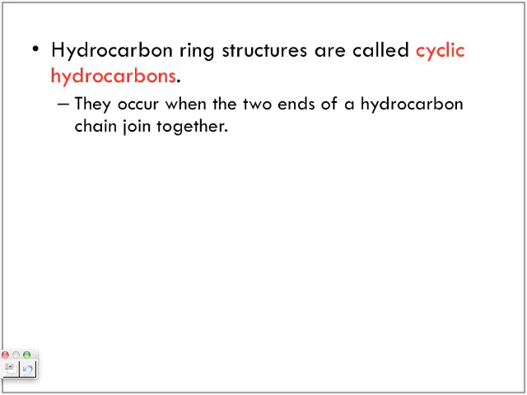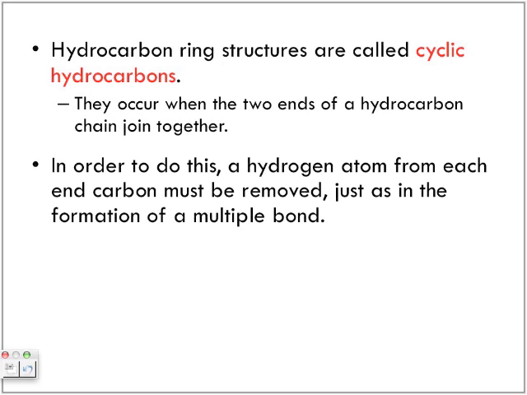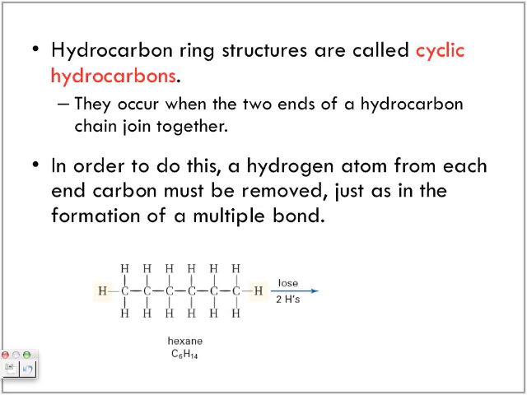So hydrocarbon ring structures are called cyclic hydrocarbons. They occur when the two ends of a hydrocarbon chain join together. So we take the outer parts of the hydrocarbon and we bond them together. We take the two outer carbons, we remove the two hydrogens, and we link it together in the following chain. So here's an example of a hexane hydrocarbon,